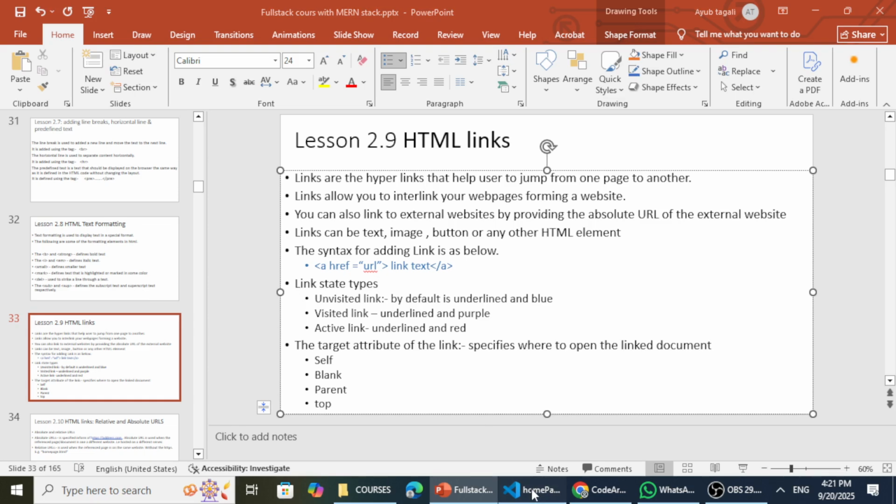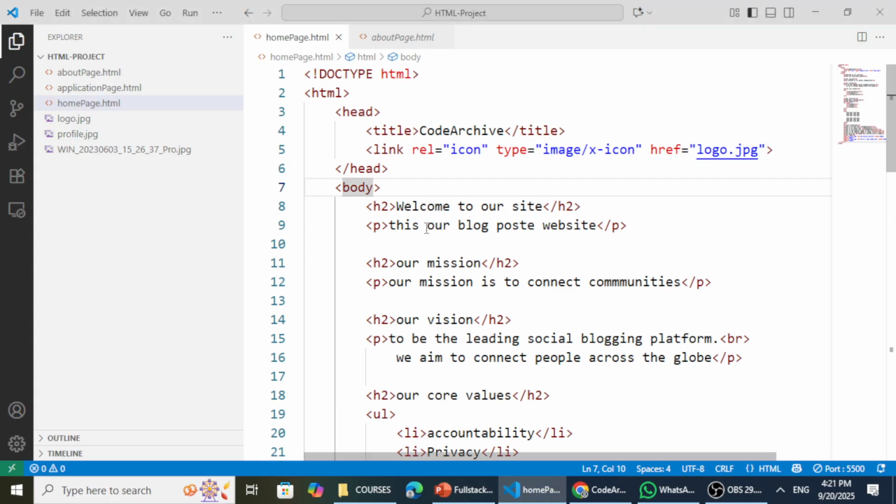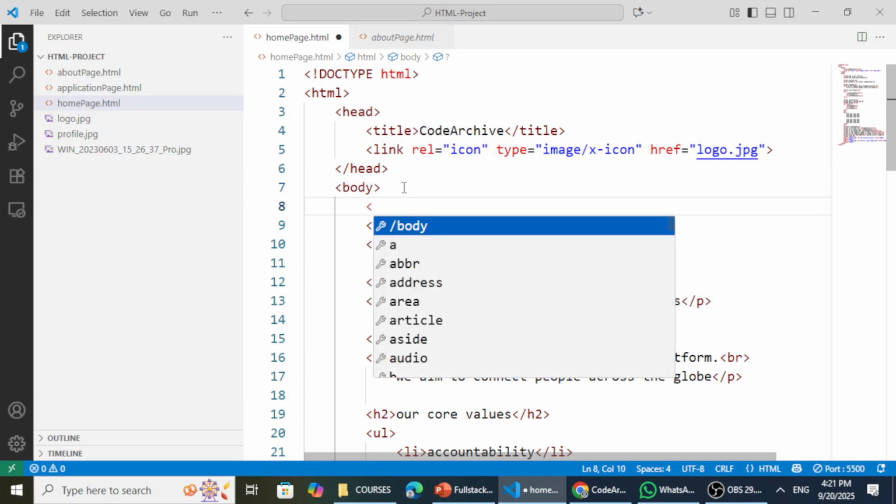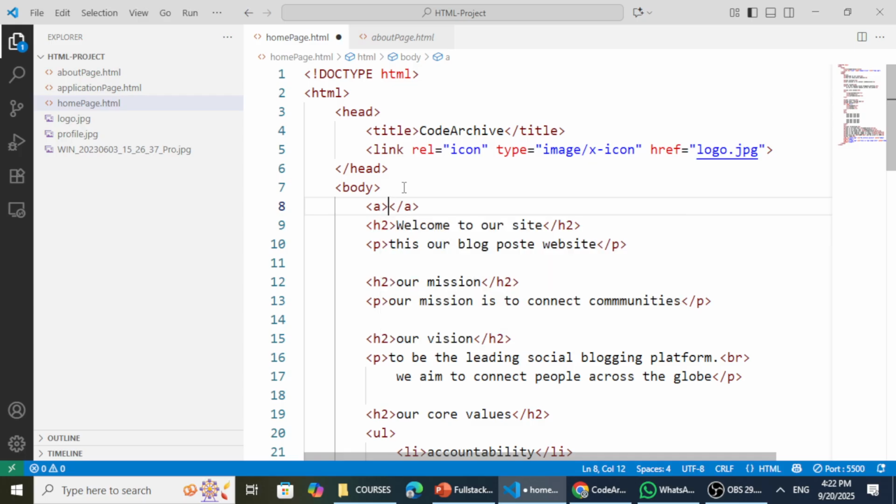So I'm going to head over to my Visual Studio here, and now this is my previous code, and below this I'm going to add a link, just one link, using the anchor tag. So the a is the anchor tag that is used to add the link. Within the anchor tag I'm going to add the link text and say about us. And then within the opening tag I'm going to add the href attribute, and within the quotation marks I'm going to specify the page that I should visit once I click on this text,